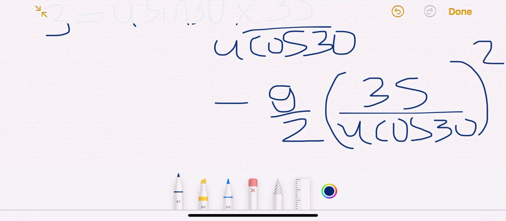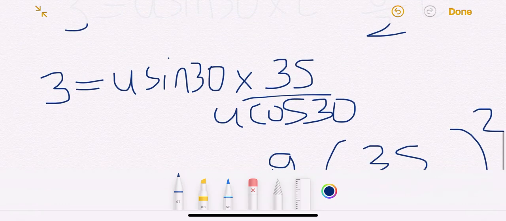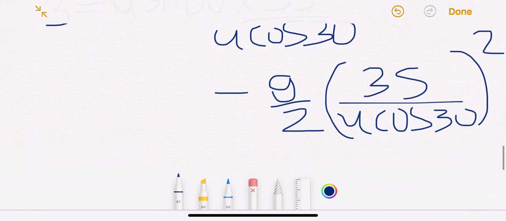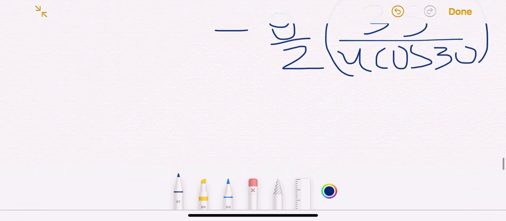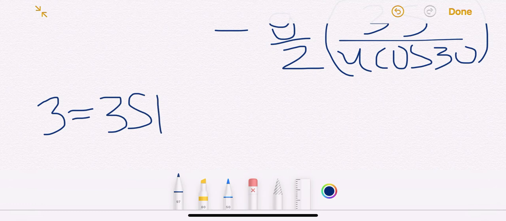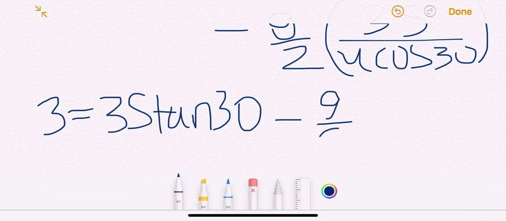I think we should do some simplifying on this. We know that u divided by u is 1, and sine 30 divided by cos 30 is tan 30, so we get 3 equals 35 tan 30, subtract this thing here, so 3 equals 35 tan 30 minus g over 2 times 35 squared